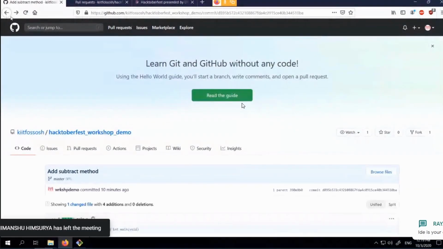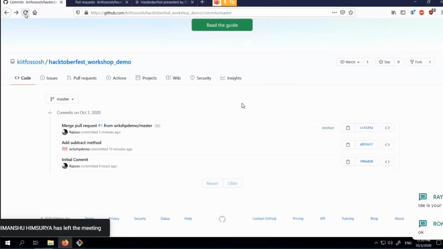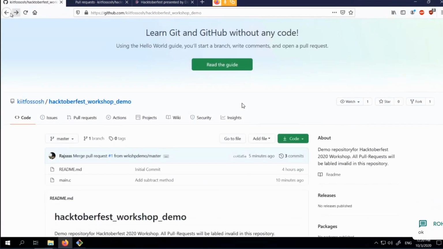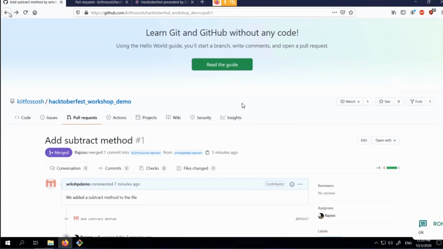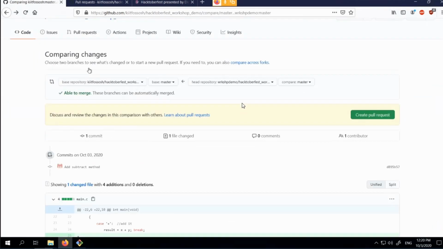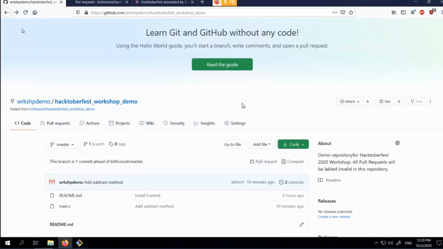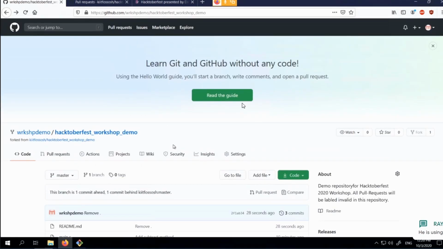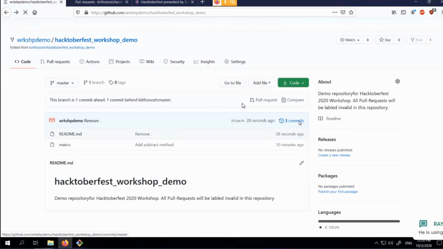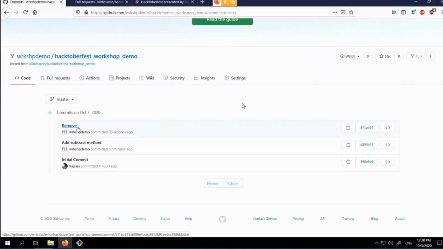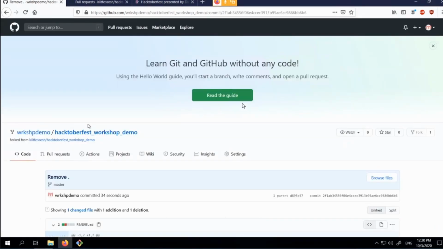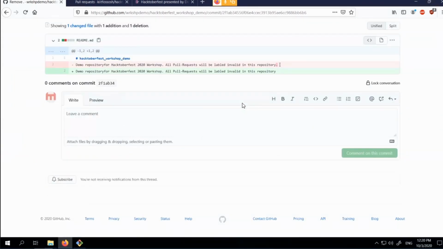If we go and check our forked version of the repository, yeah, so it's the version we forked. And if you see, we have this remove dot commit here, which basically does nothing but remove this dot.